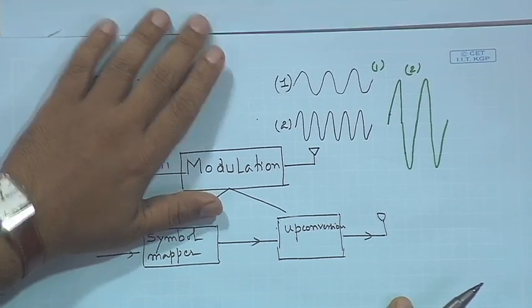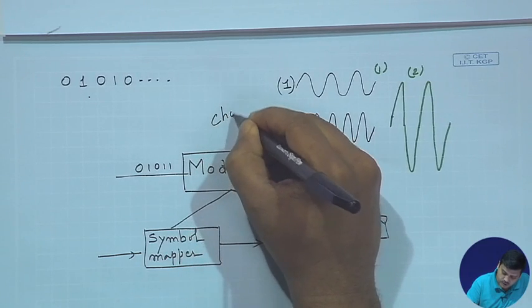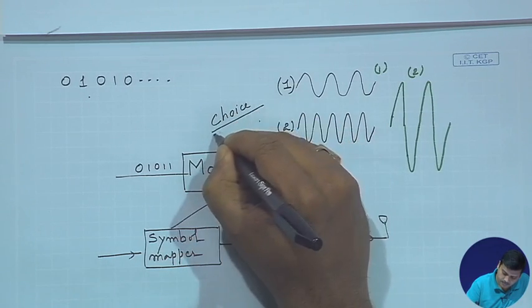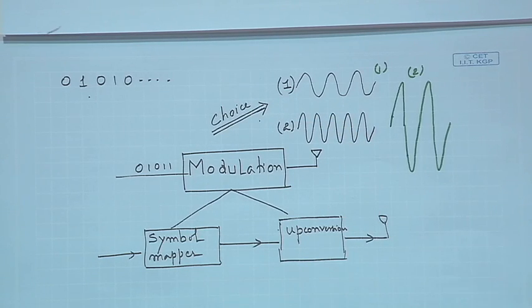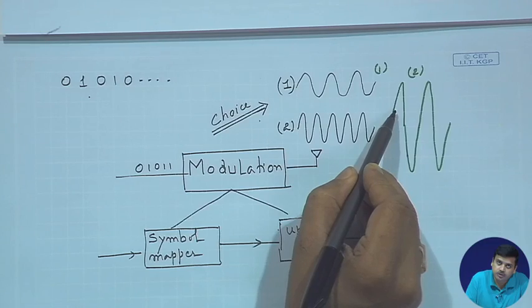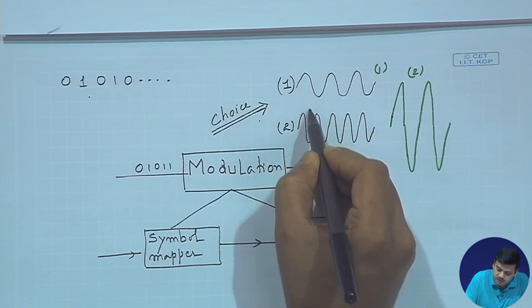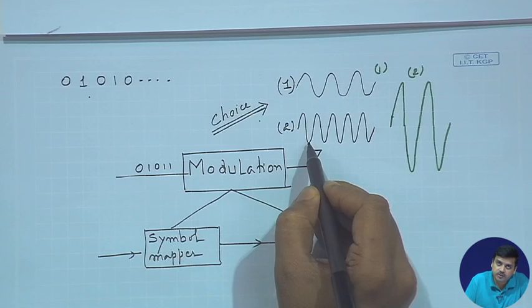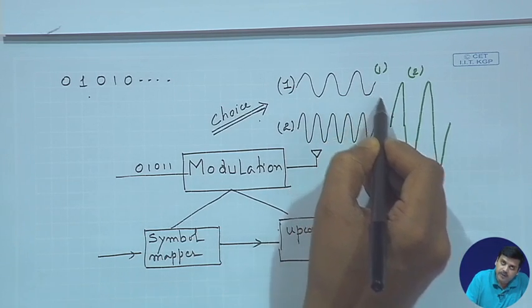So, if you look at what we do in this particular case, we are talking about choice, right. This is one of the important things that we talk about in digital communications, whereas in analog communications there is a continuum set of values. What I mean by this is you are not choosing between two amplitudes or between two different frequencies. You are continuously moving in the frequency range if you are doing frequency modulation, you are continuously moving in the amplitude domain if you are doing amplitude modulation,